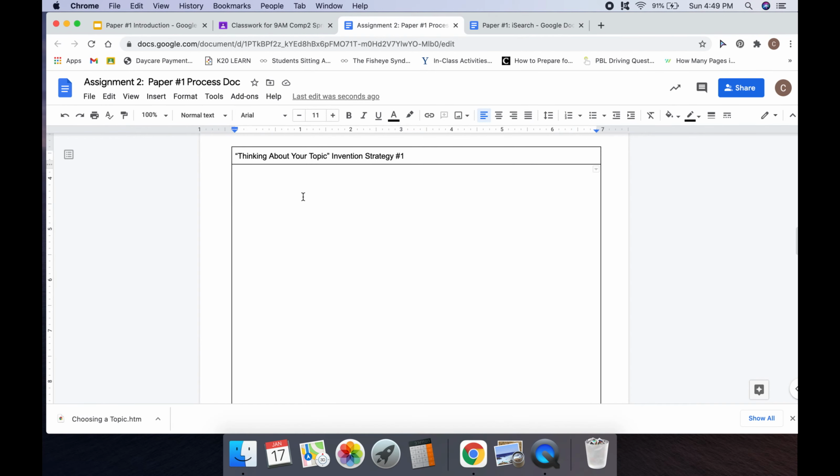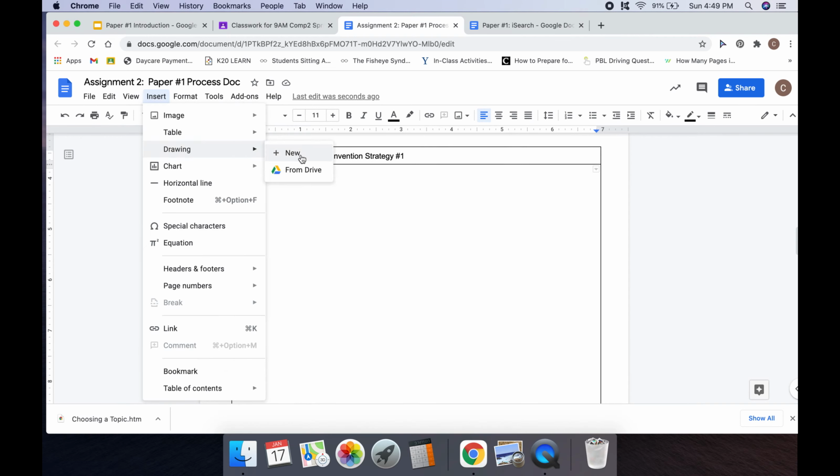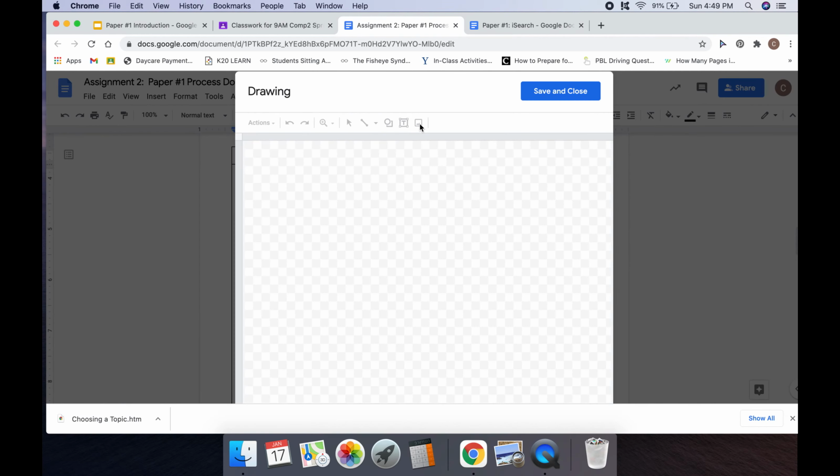One thing that you can do that's really cool on Google Docs is you can do insert a drawing and do a new drawing. And on this you can draw, like you can do shapes and then write in them. So maybe you want to do sort of like a web type of thing. You can do shapes and lines to make that.